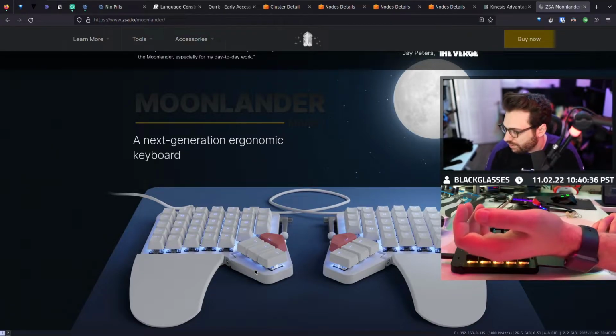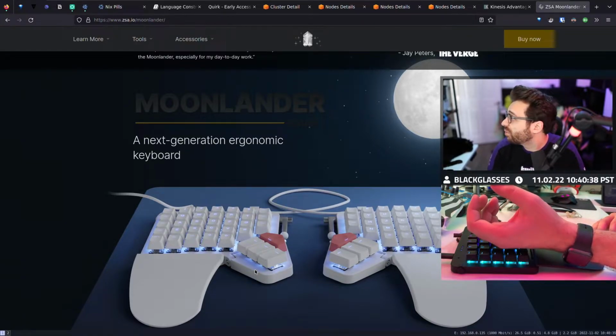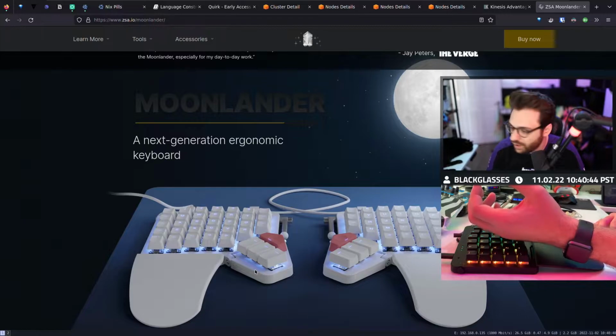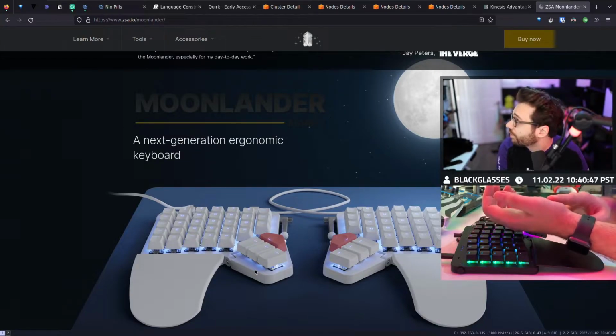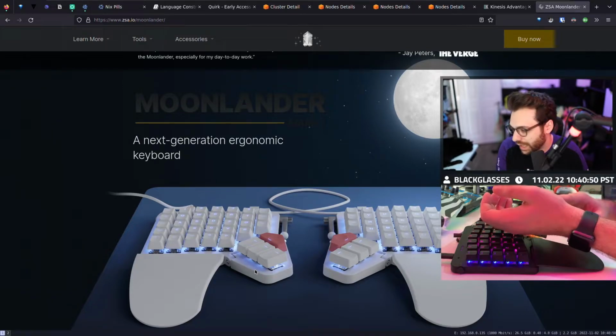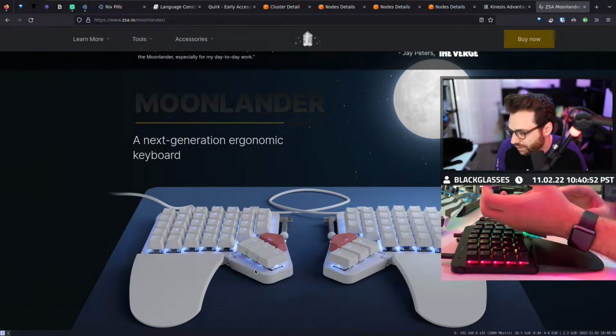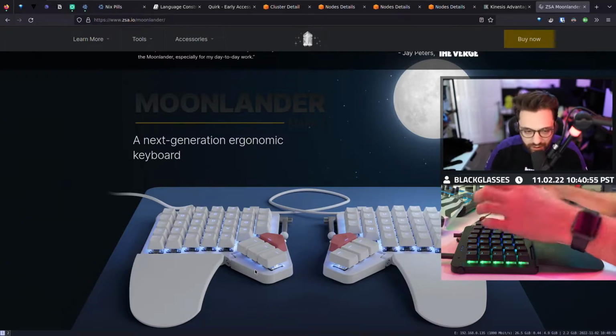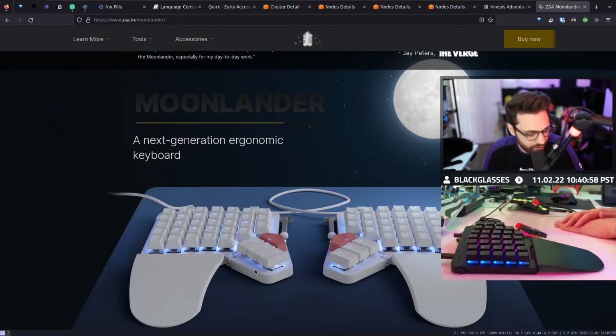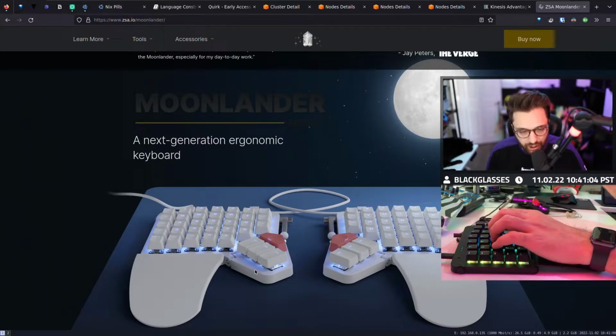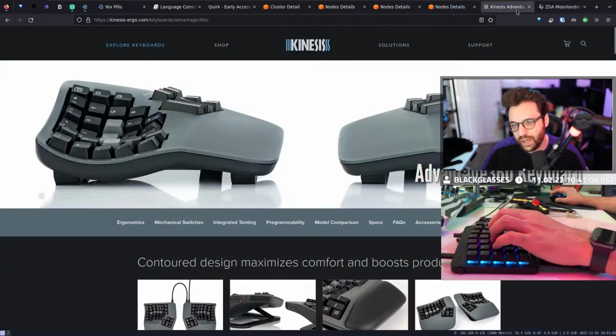What the Moonlander actually does is shift your thumb up so you do something more like this, and then you naturally lay your hand on the keyboard kind of like this. That's all through the thumb cluster and the tenting, where basically the more dramatic you make that tent, the more your thumb gets pulled down, and it makes it so that you have an inverted, convex shape instead of concave, whatever. So it does try solving that same problem, but it does it in a much different way. I will say if you're looking for completely ergonomic design, the Kinesis might have a better one than the Moonlander.